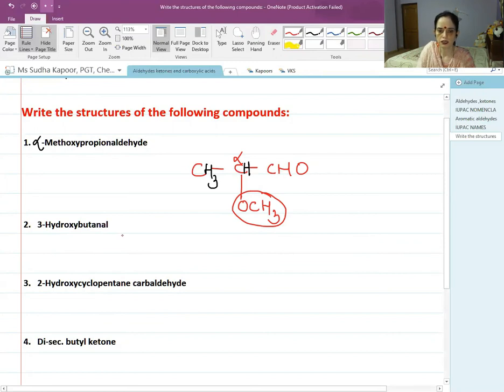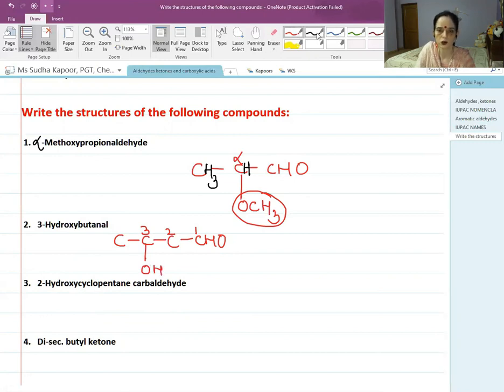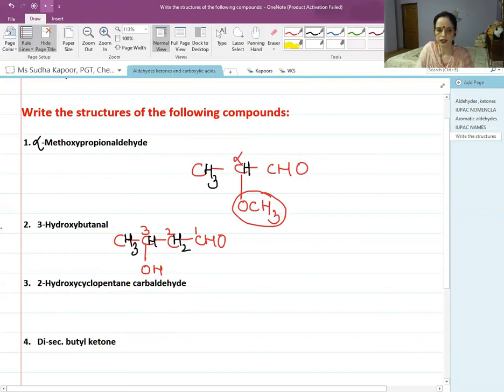So butanal, the 4 carbon part. Okay, students. Now the numbering 1, 2, 3. The 3 position is occupied by hydroxy, OH. When CHO and OH both are present, CHO gets the main part, the principal group, and OH becomes the hydroxy part. As we have studied, when there are 2 functional groups, one becomes the principal. So CHO is called 'al', while OH will be known as hydroxy rather than 'ol'. So CH3, CH, CH2, and then CHO. That is 3-hydroxybutanal.